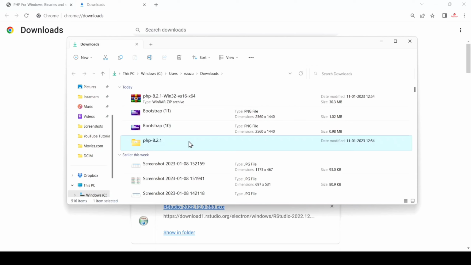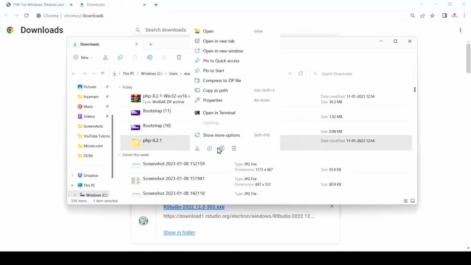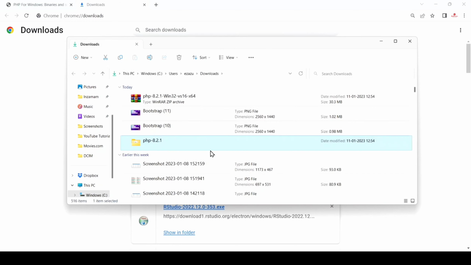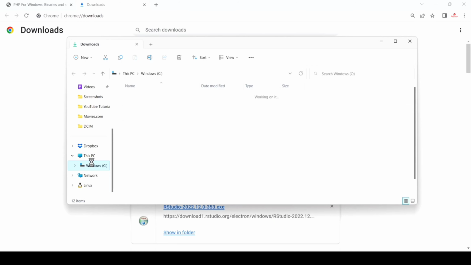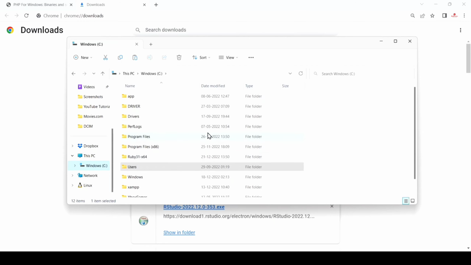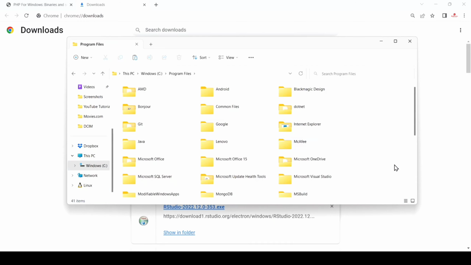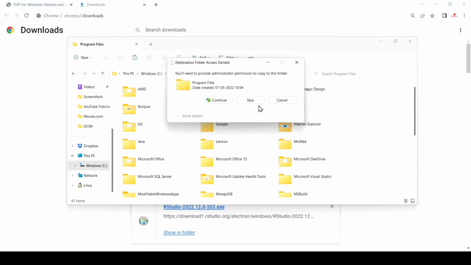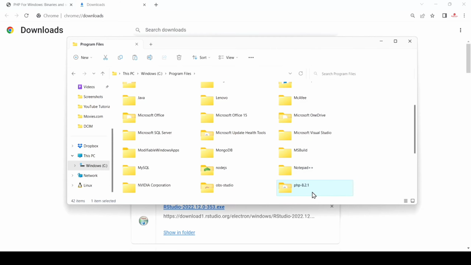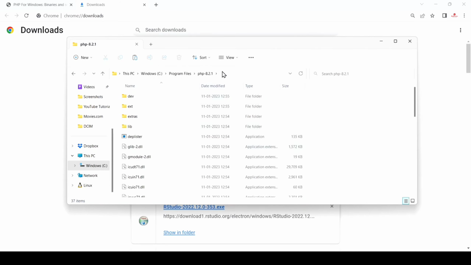And after that I just copy this, and come to the C drive and come to program folder and paste it here. Paste it, it wants your permission, just continue. Now after that, just open this folder and copy the path,